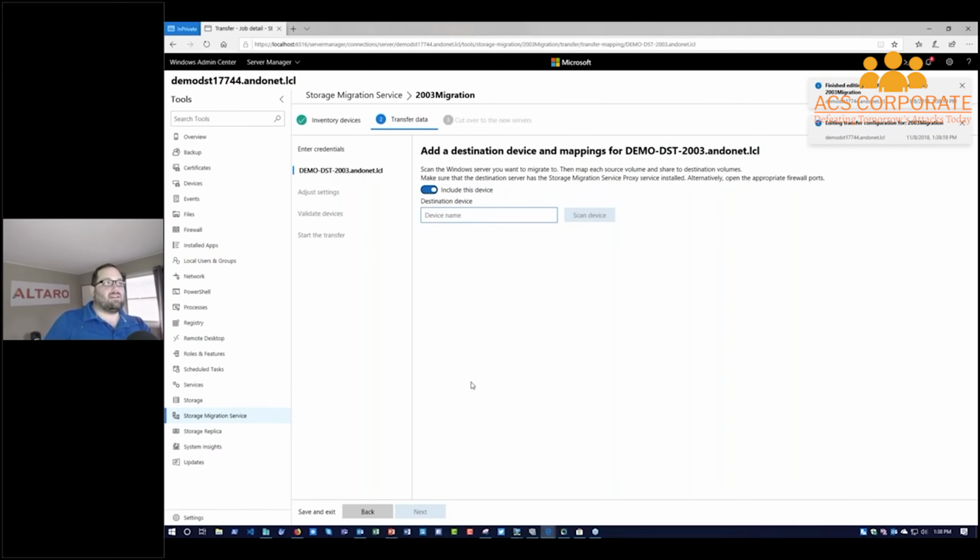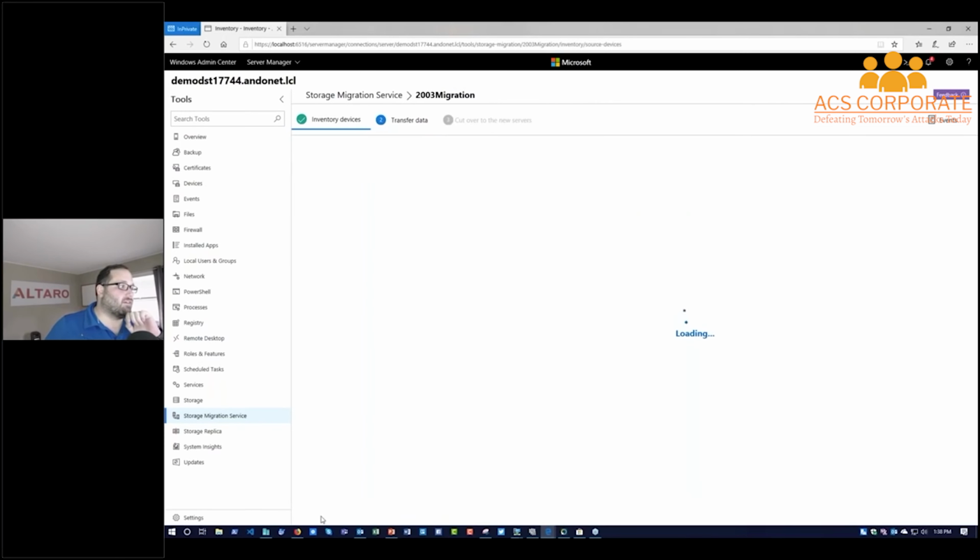Now I need to add the destination mappings for demo DST 2003. So I'm going to include this device, destination device. Include this device. And maybe I'm going to have issues again here because now it's not giving me the option to map it. And see, this is what I get for running trial software. Okay. Well, I was really excited hoping that was going to work, but for the sake of demo, I'm going